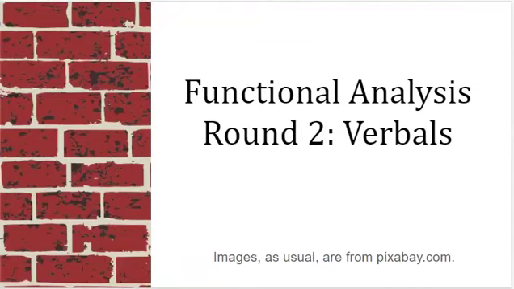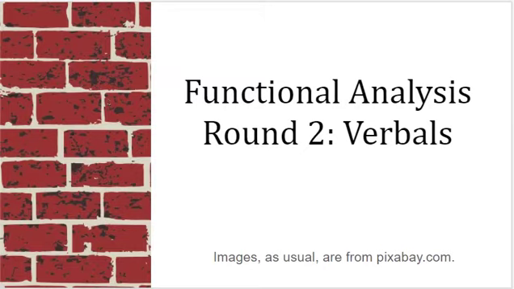Last week, I asked you to look at some sentences and try and label the parts, putting the parts of speech on the bottom and the functions of different words in the sentence on top. We're going to do a little bit more with that this week. And my goal here is to establish a base of vocabulary and of understanding of what's going on